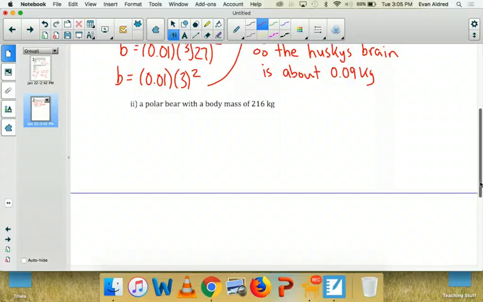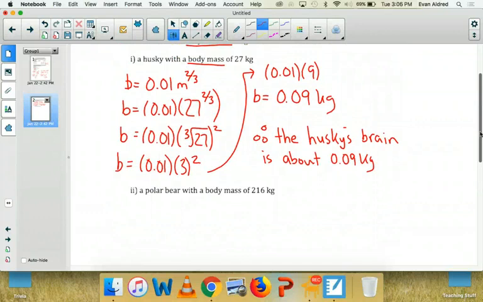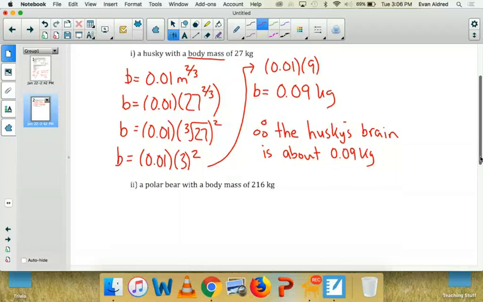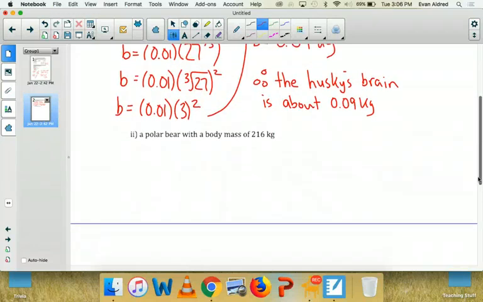And again, it's mental math, but it's understanding what to do with that exponent as a fraction. And if you remember what the denominator means and the numerator means and the base means, then it's just a little individual problem mixed inside of a larger word problem. There's one more question that we'll look at on this reference guide, and then that will be it. So now we're looking at a polar bear whose body mass weighs 216 kilograms. So same thing,